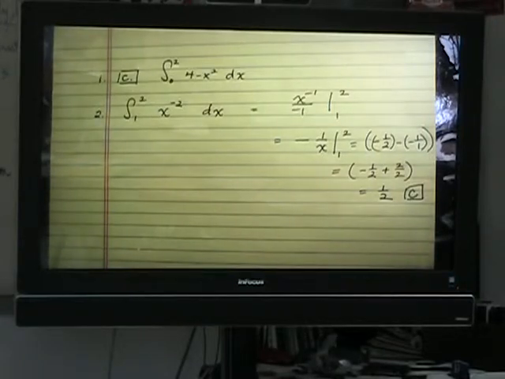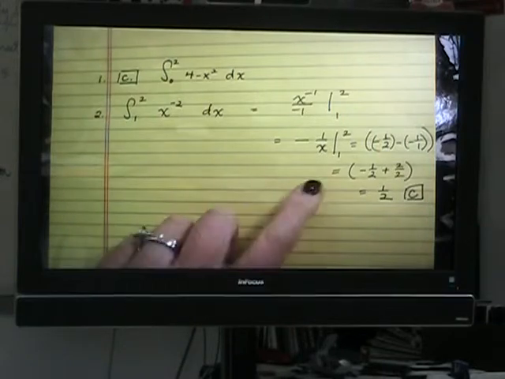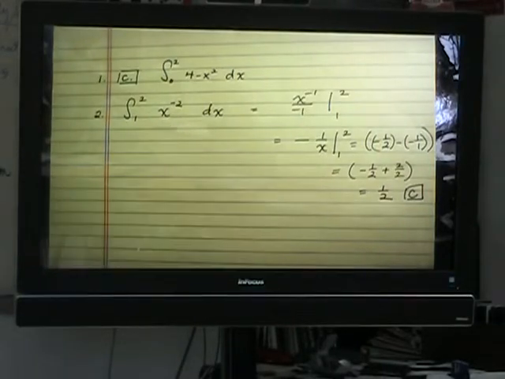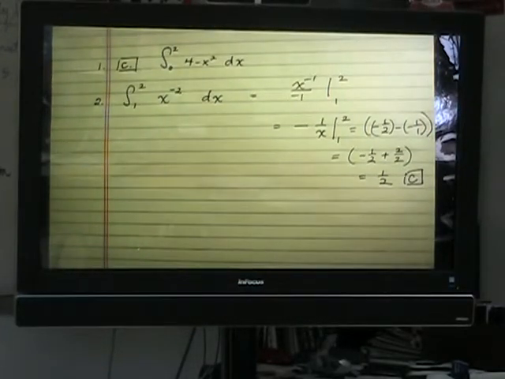Okay, so B was the most picked answer for the people that missed it. So that's something that is common, that you're not the only person that did it, is my point. So take the antiderivative and then sub in your bounds for the fundamental theorem of calculus. All right, so that was number 2, and then number 3,